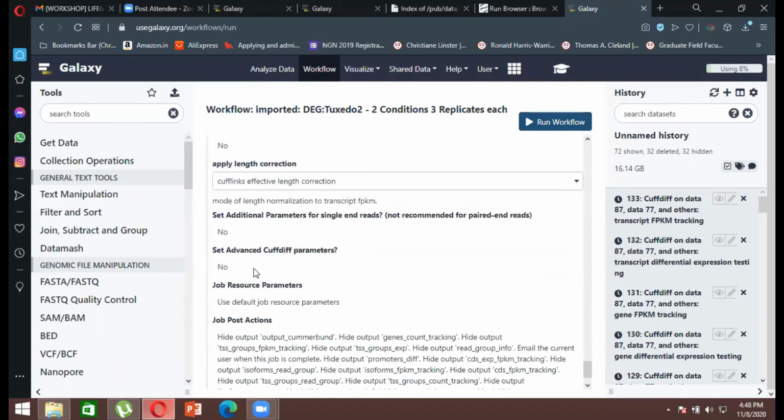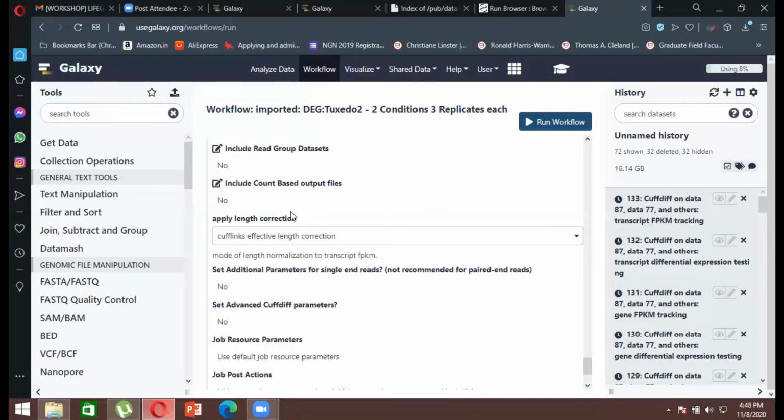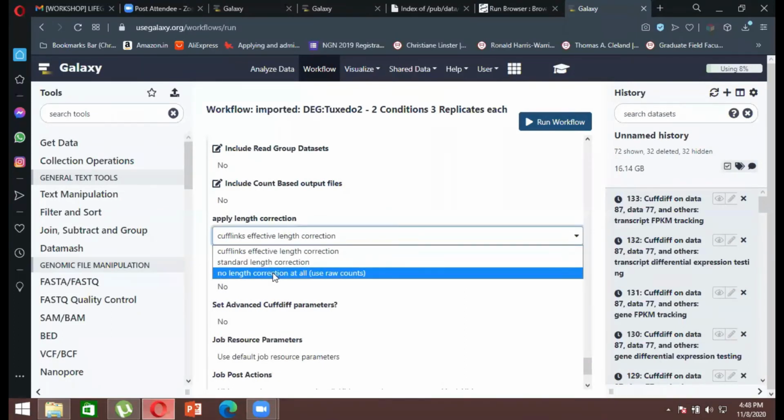And then you just scroll down over here, and you see there's an option called apply length correction. Once you go there, you see there are 3 kinds of options available for you. Either you can select no length correction. Now, the thing with no length correction is that if you don't know what length you are going to work with, you can obviously select no length correction. But what happens with no length correction is that the data you get is very scattered data. That data is not accumulated and not accurate.